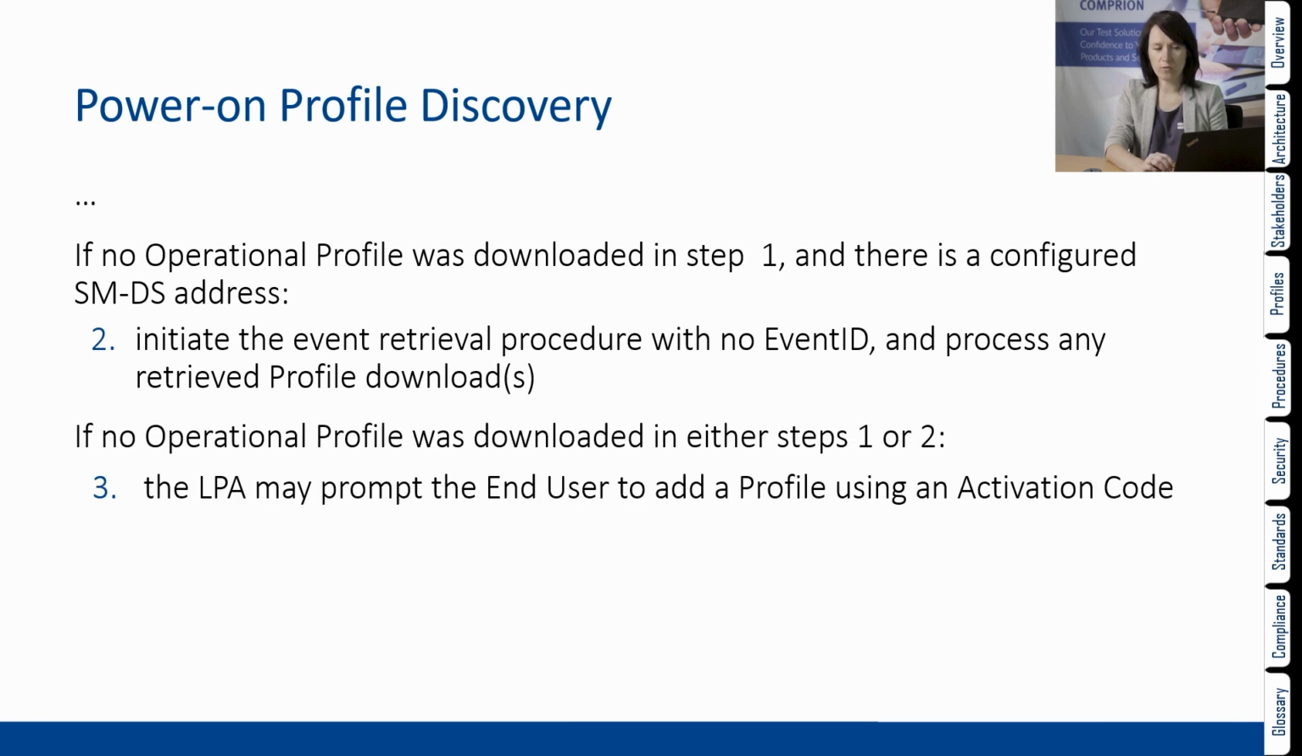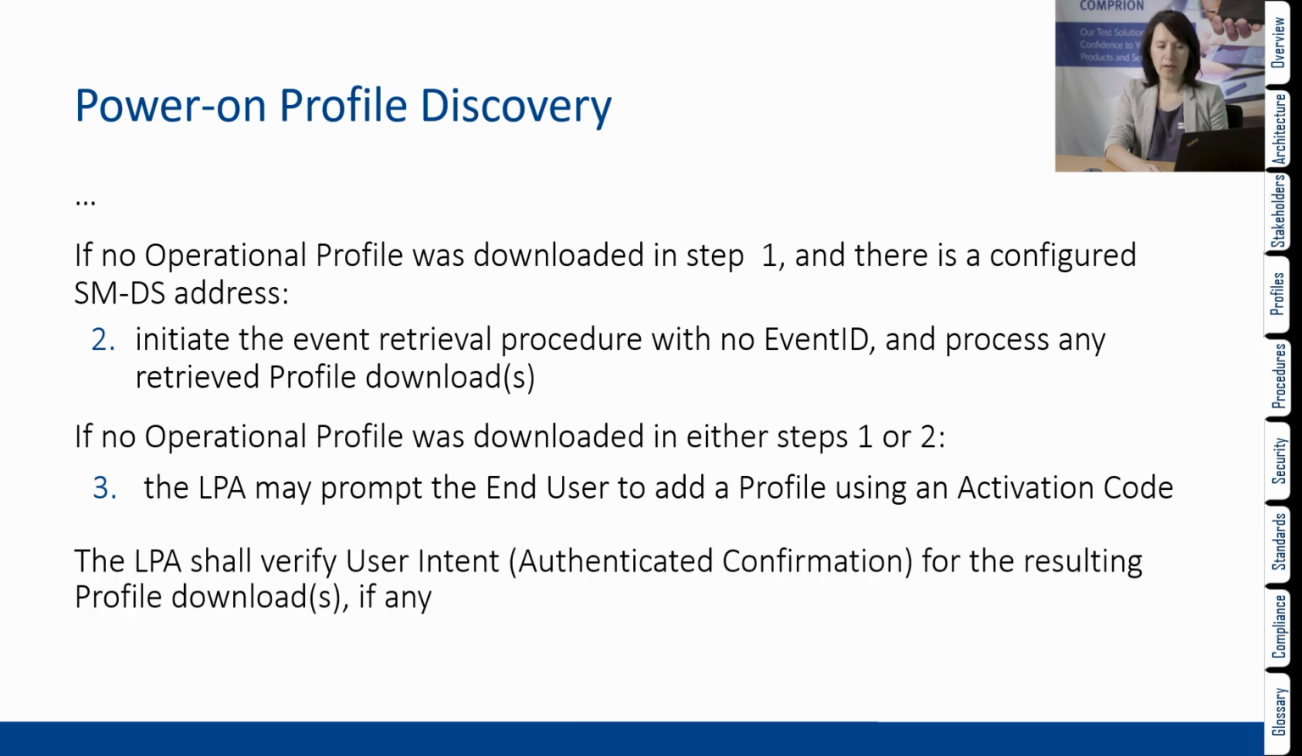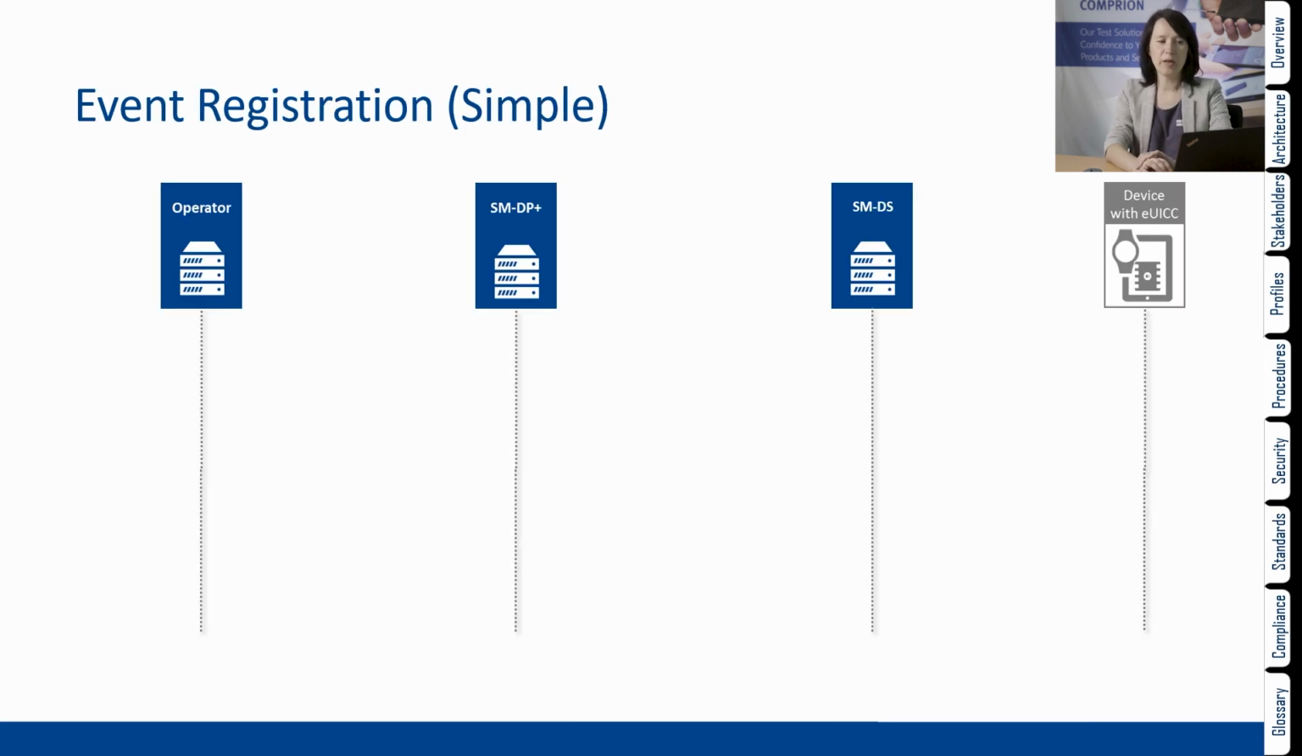And if none of these two cases was used, then the LPA may prompt an end user to add a profile using an activation code. In any case, the LPA shall verify the user intent also for the authenticated confirmation. So authenticated confirmation means not a simple yes or no. This is a confirmation which requires some security, some personal data, the PIN or maybe fingerprint, depending on the implementation. Okay. As already mentioned, there are some event registrations required with this SM-DS case, and then the simplified form,